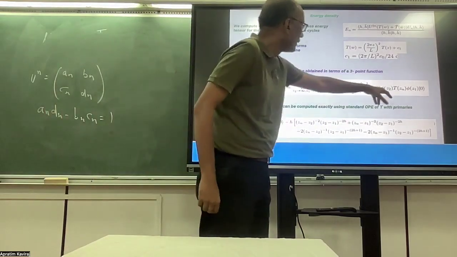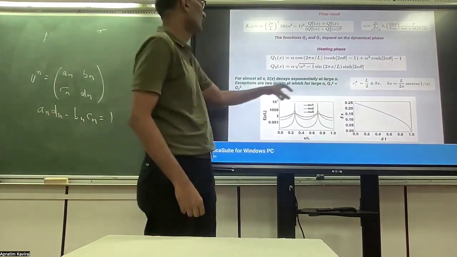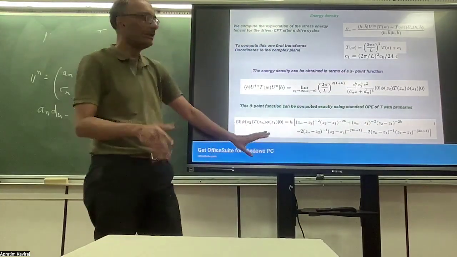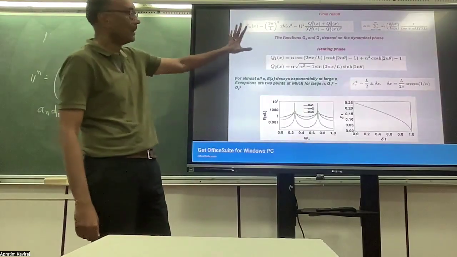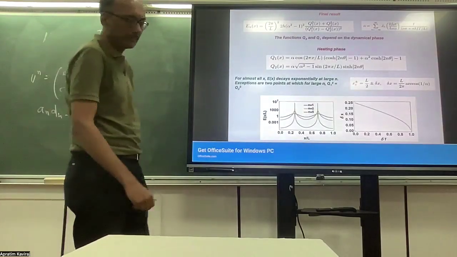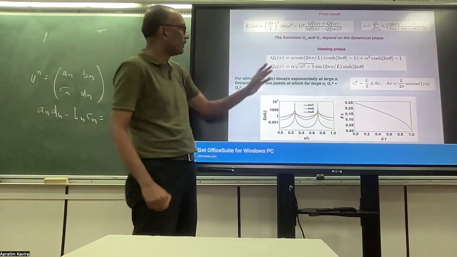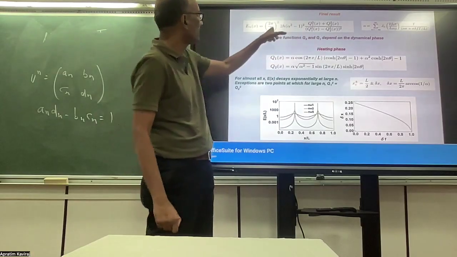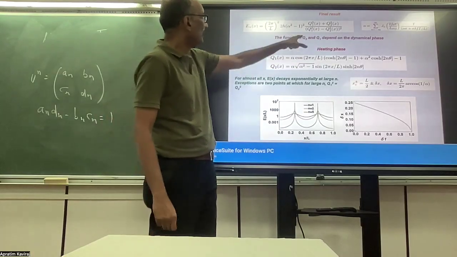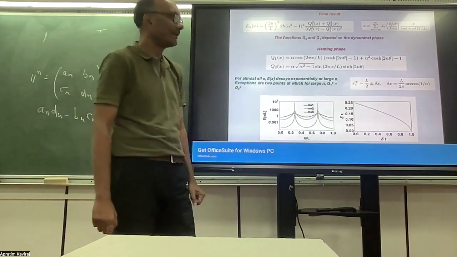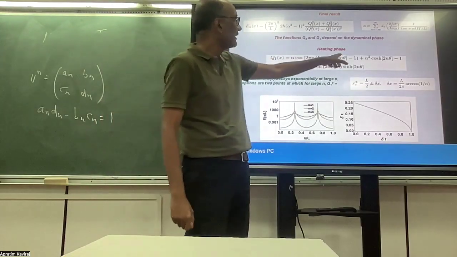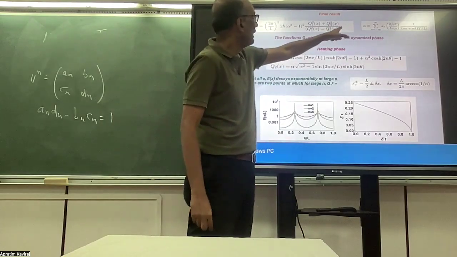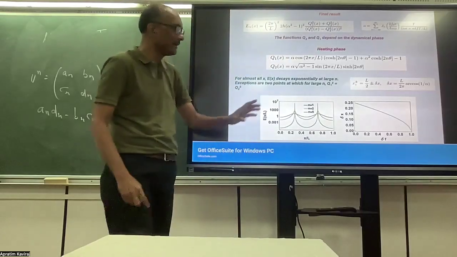So, okay, this just needs the OPE of these primary fields with the stress energy tensor, which can be written down, and using this I can compute the energy density. And here is the answer. Here is something interesting that comes in: you see that this E_n(x) depends on these Q factors, and these at large n are exponentially growing quantities, and therefore the stress energy density at any point